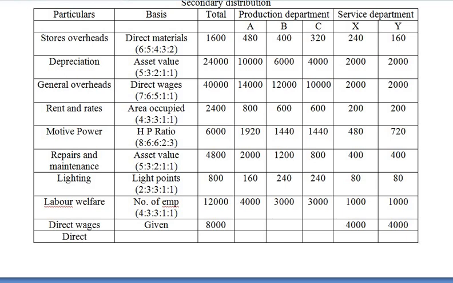Next comes direct material. Direct material is also given, and the basis is already given. The amount is 10,000. From where did we get 10,000? Hope you have understood it. So 6,000 and then 4,000, so the total is 10,000. Hope everybody has understood this.